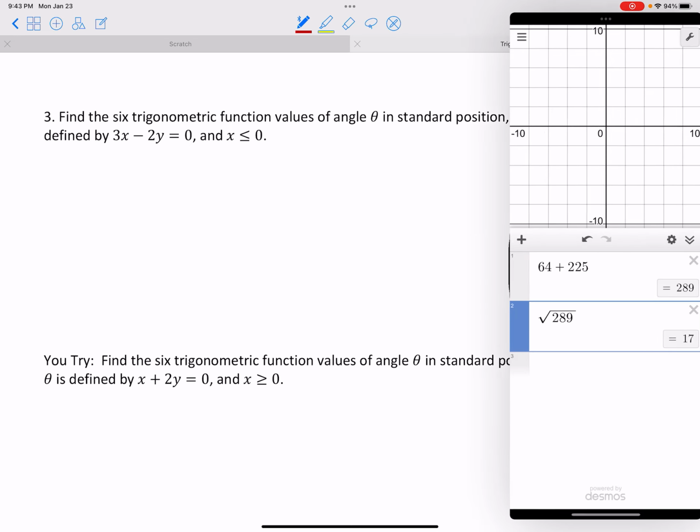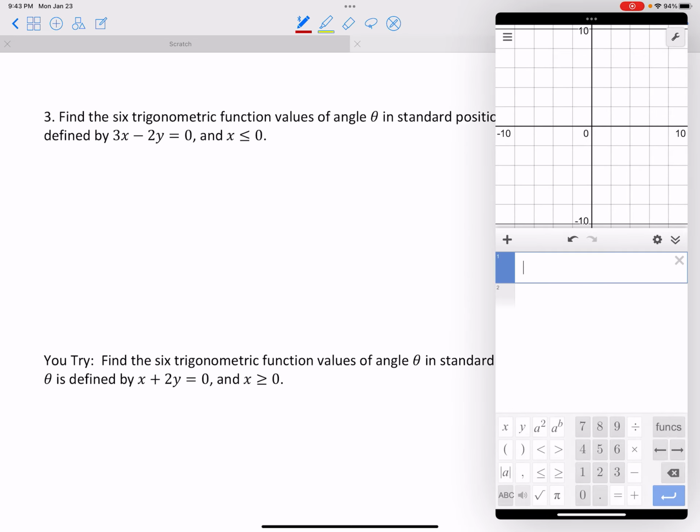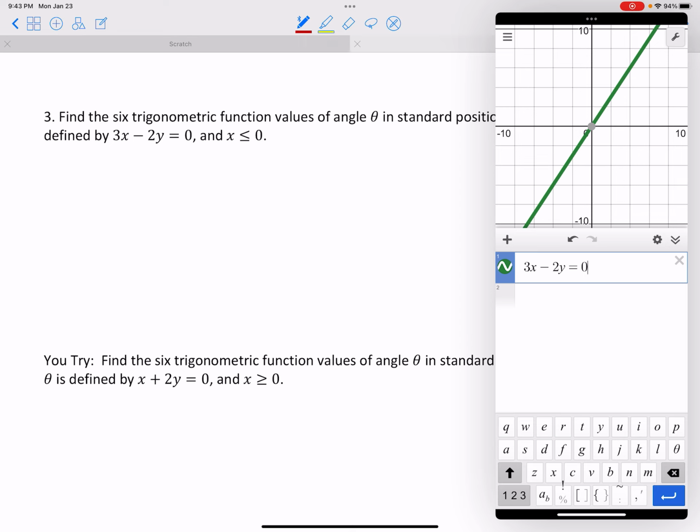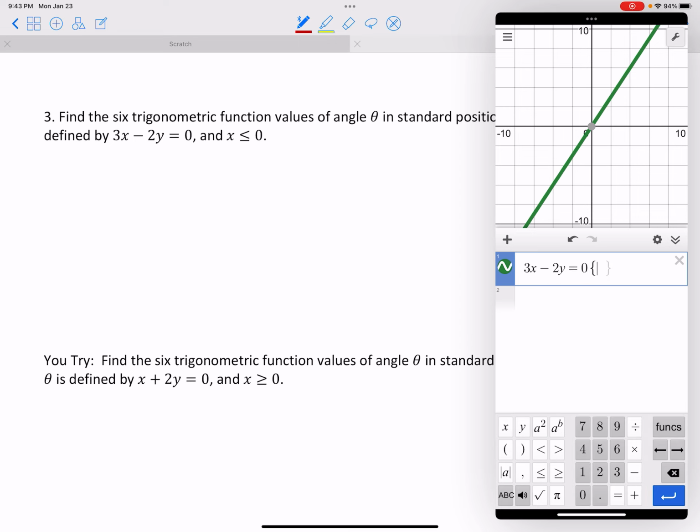So hopefully that looks familiar to you. You should know what that would look like if you were going to graph it. I mean, at the basic shape. And let me just show you in Desmos. If we were to graph this, what we see is a line. So the terminal side is defined by this line, but it's saying here that our x value is less than or equal to 0. So actually we're going to restrict this to only x's that are less than or equal to 0. So if I actually put that restriction in, let's make x's less than or equal to 0, then I can see that the terminal side of my angle that I'm looking at has to be